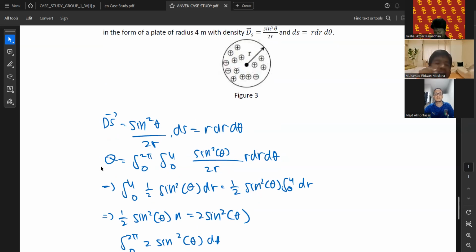So the answer is rho s equals sin squared theta over 2r, and dS equals r dr d theta, and Q equals the integral 0 to 2 pi and the integral 0 to 4, sin squared theta